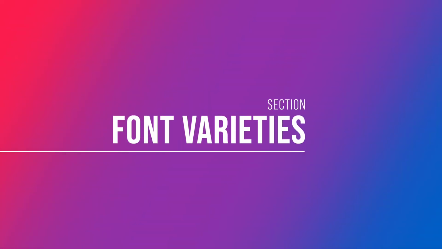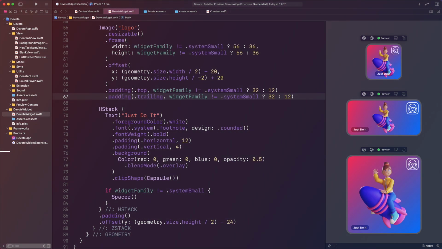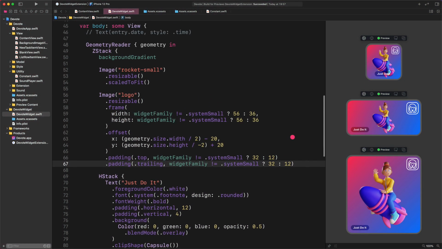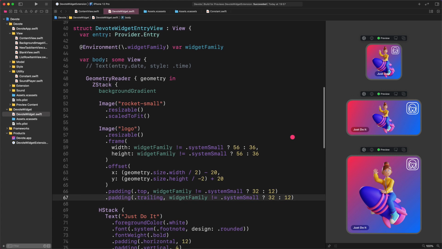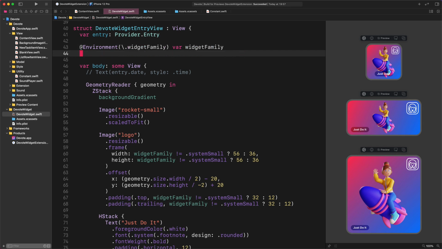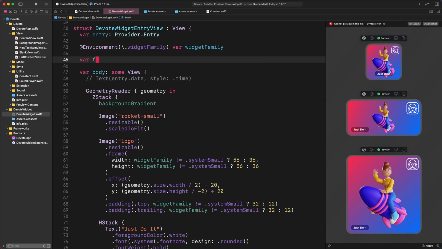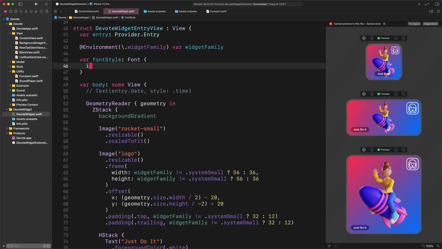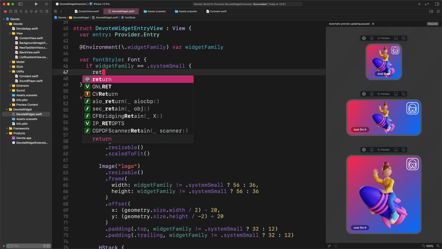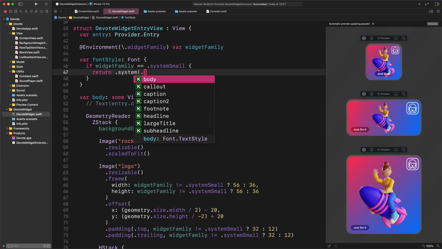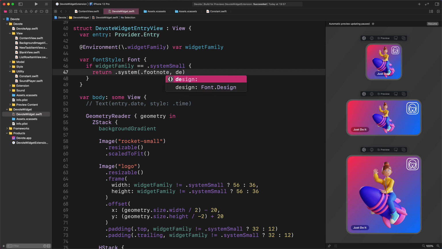Font varieties. We won't stop here, and I will show you another way how we can use this widget family. Alright. Scroll up a little bit so we can create a brand new computed property. Enter the following code. Variable fontStyle: Font.TextStyle. If widgetFamily equals .systemSmall, then return .system footnote, design rounded. Else,